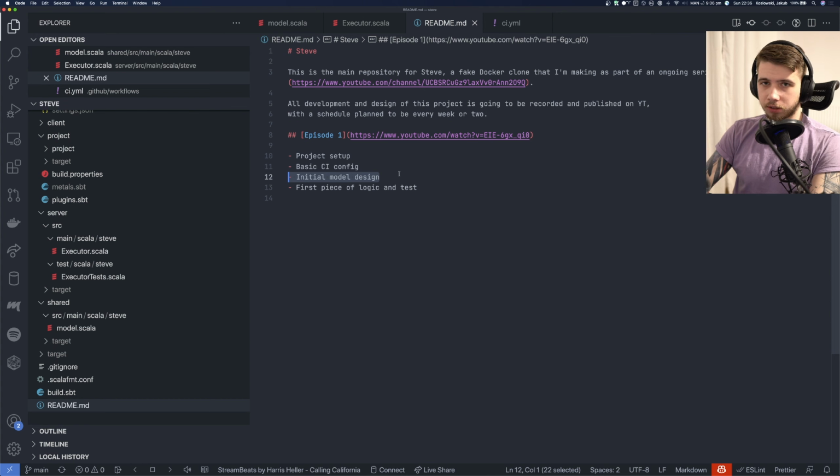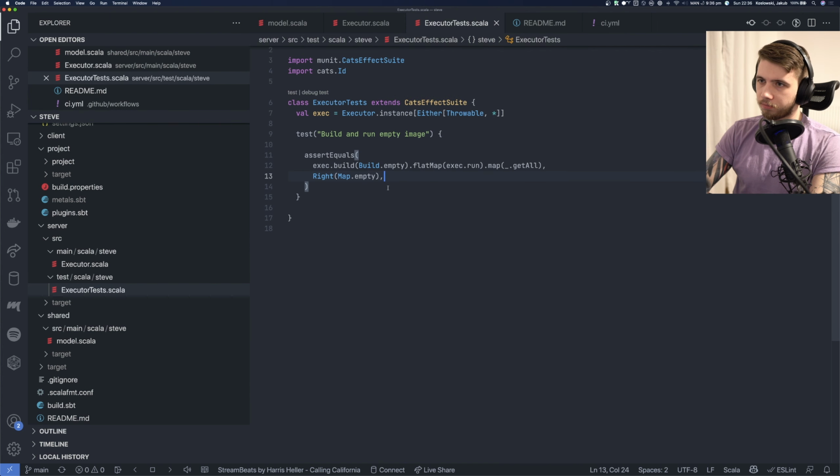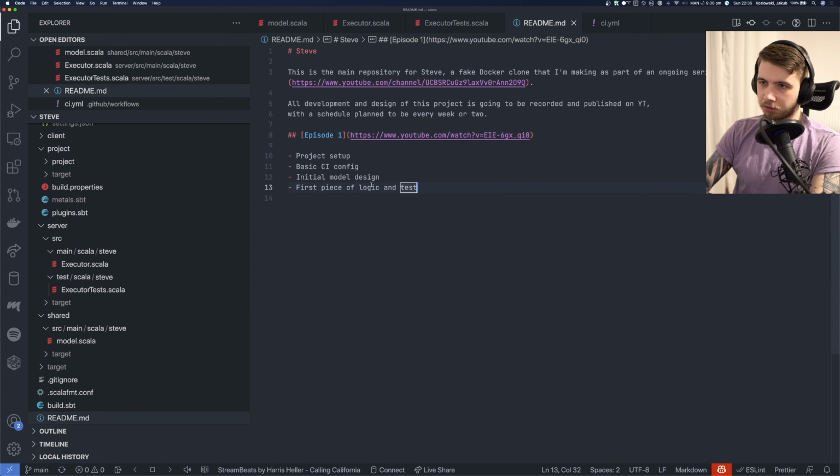We did some work on the design of the model, and we implemented our first piece of logic and a test for it. And the logic is here in the executor type or algebra. And then we have the tests in here, our munit tests. So that's what we achieved last time. And I think I mentioned that for episode 2, what we would be doing is,